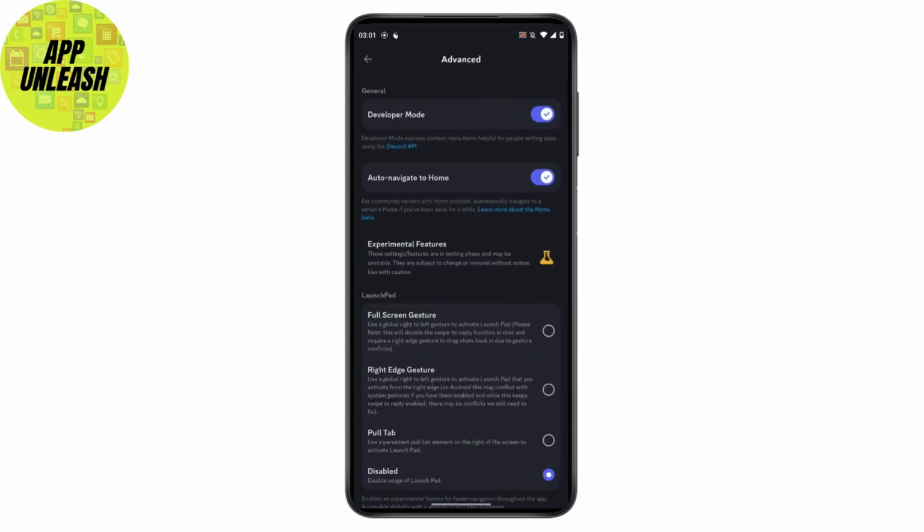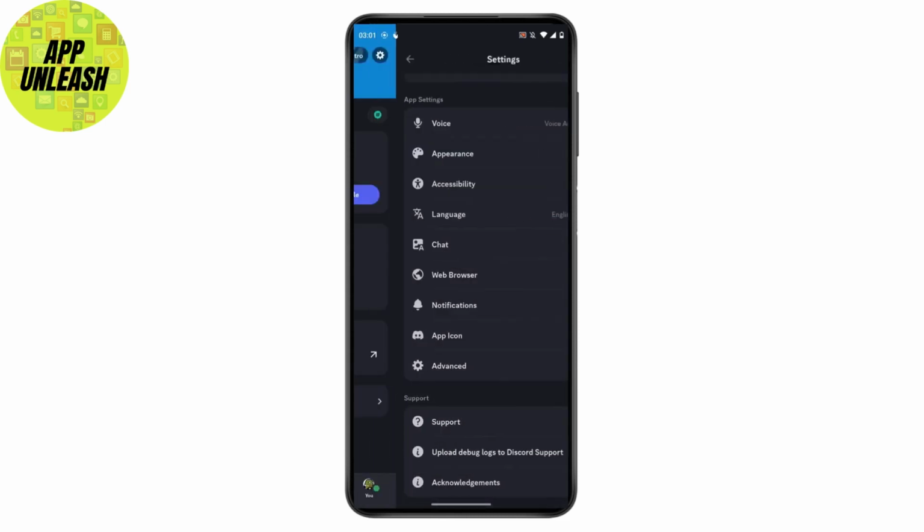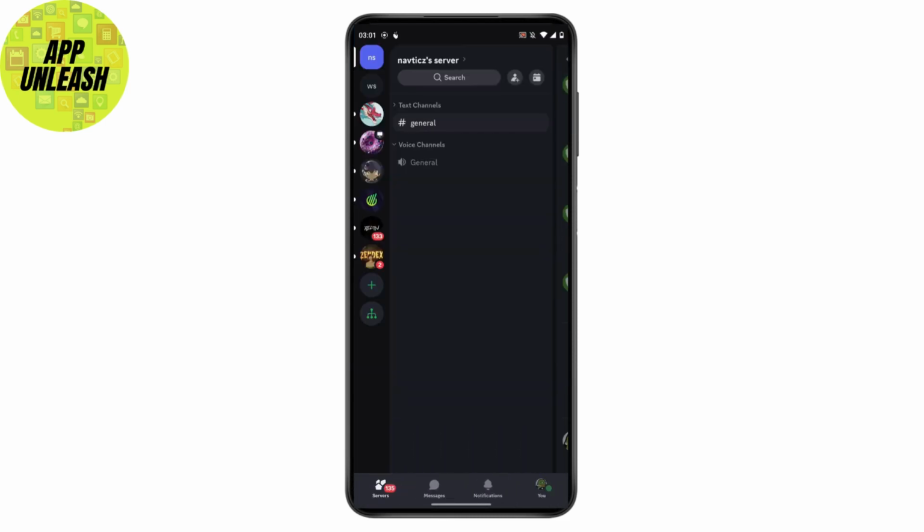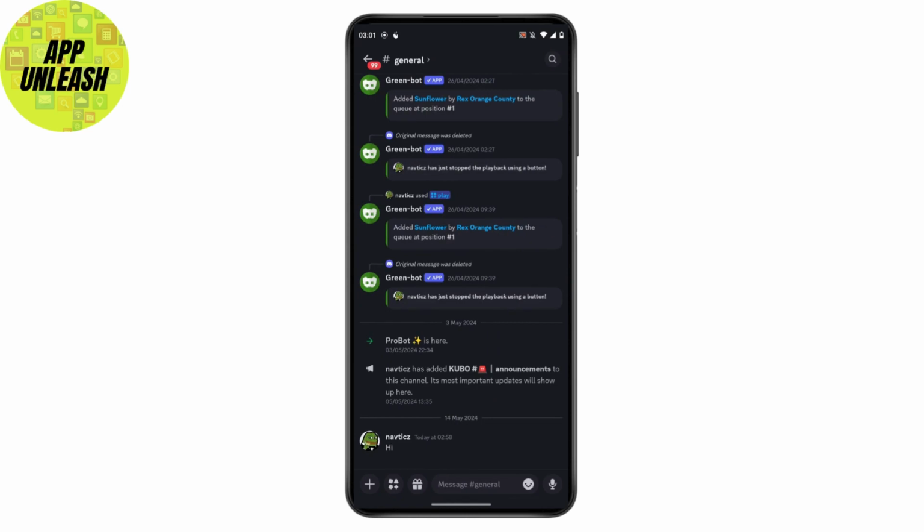After tapping on advanced, now you have to make sure that you have turned on your developer mode. So if you haven't, then what you can do is just simply turn it on, and after turning it on, now what you can do is just simply open up your chats. So if you have chatted with someone, then you will probably have some chats. So what you can do is just simply open it, and then you will find your profile icon beside your